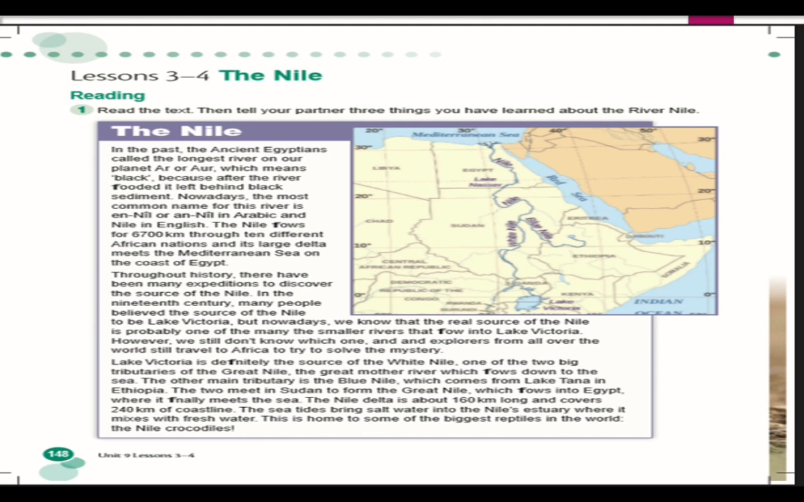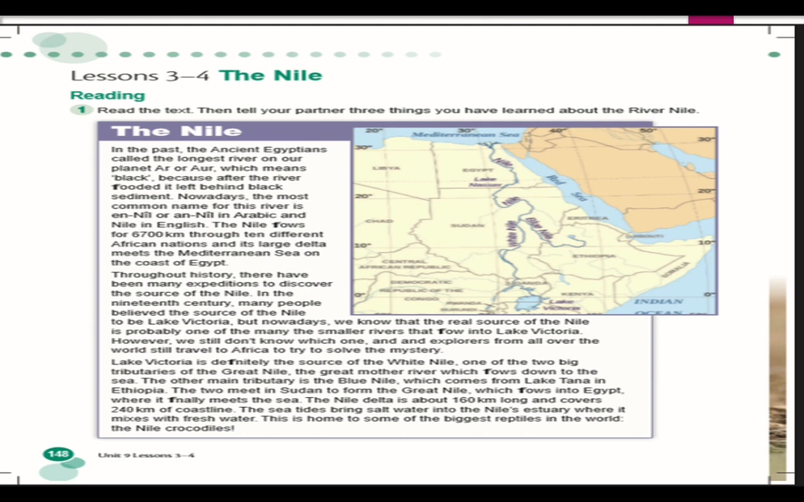The Nile. In the past, the ancient Egyptians called the longest river on our planet Ar or Ur, which means black, because after the river flooded, it left behind black sediments. Nowadays, the most common name of this river is Nile, or Nil in Arabic and Nile in English. The Nile flows for 6,700 kilometers through 10 different African nations, and its large delta meets the Mediterranean Sea on